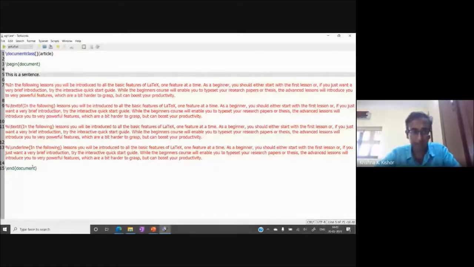So you have typed it out, but you want to see the final output. What is it going to look like? For that, you need to compile. In this particular software, TeXworks, it automatically does it for you. If I press this play button, it will automatically compile and show the output in PDF. That's the default option here. Here it says PDFLaTeX. When you see PDFLaTeX, it automatically gives a PDF document.